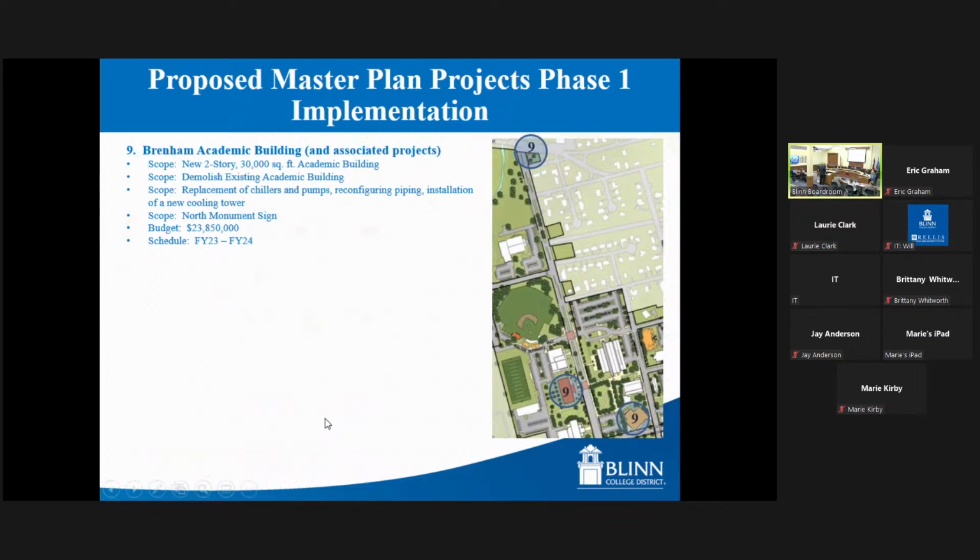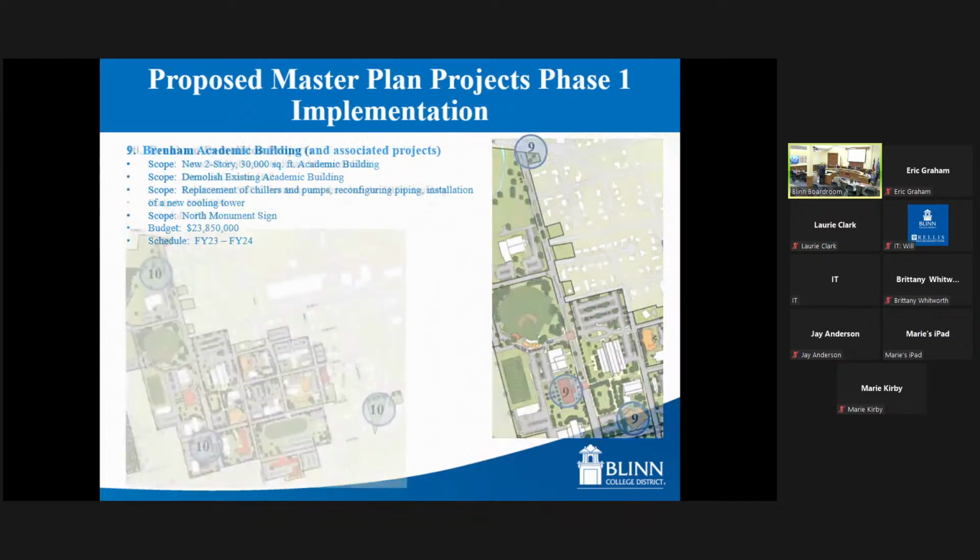We would also, as an associated project, look for the replacement of chillers and pumps at the central plant building down here, building number 9, so that we have that added cooling capacity for the new building, as well as a project to install a monument sign here on the north side of campus here at Blinn and Main. The overall budget for this project is $23.85 million, and we would anticipate this project being completed in the FY23-24